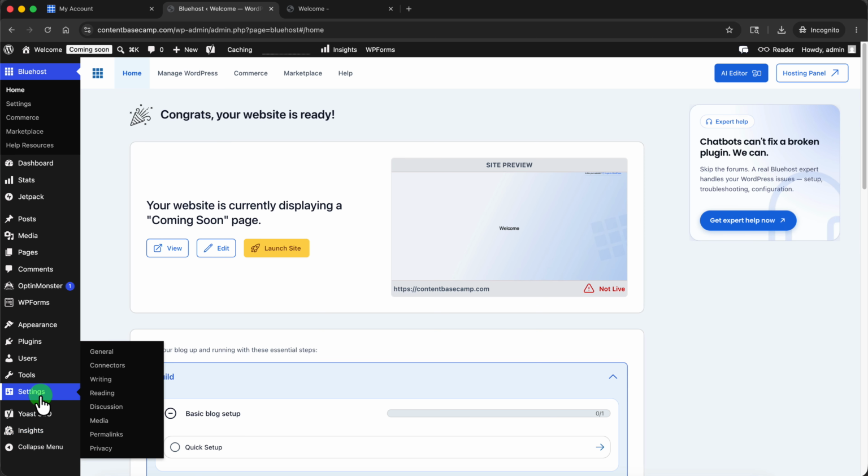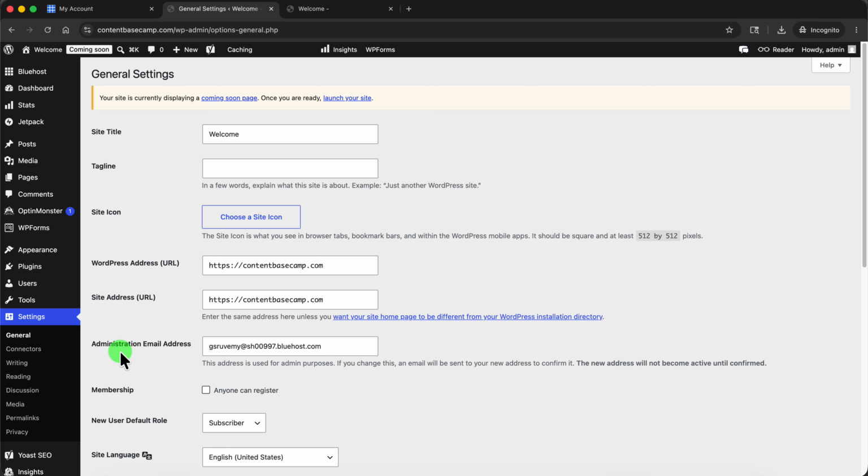Then we're going to go down to settings and then go to general settings. And then I'm going to update the site title to Content Basecamp. And then I'm going to put a tagline. I'll just say how to create a WordPress website. And then I'm going to choose the site icon, which needs to be 512 by 512 pixels, or